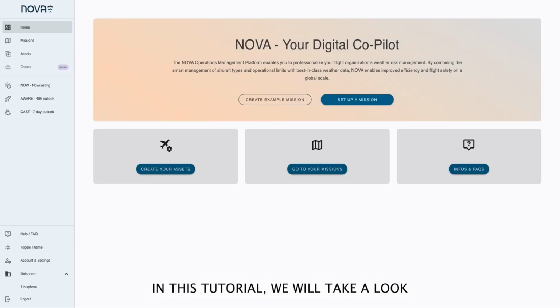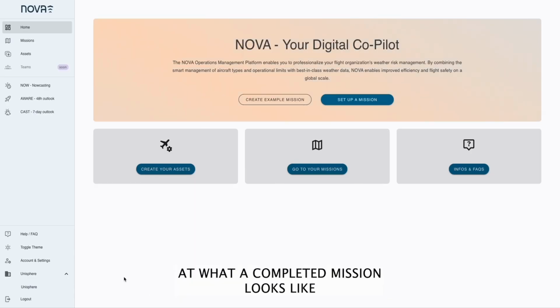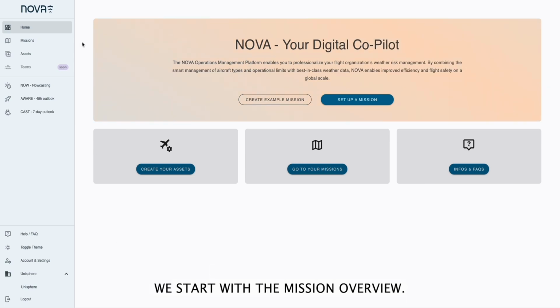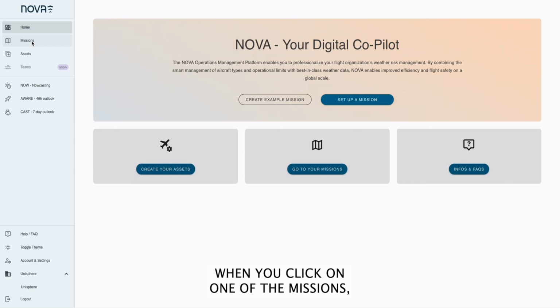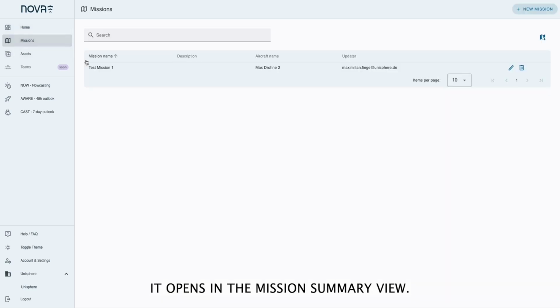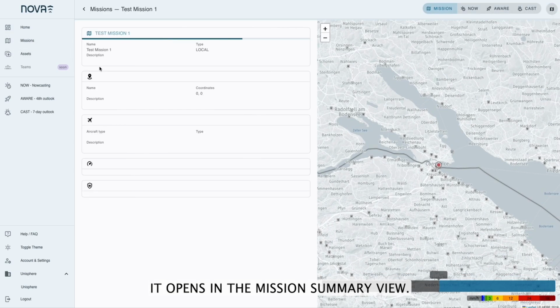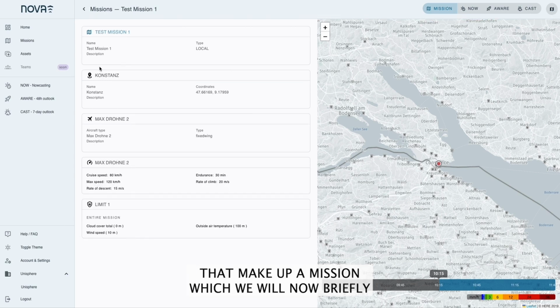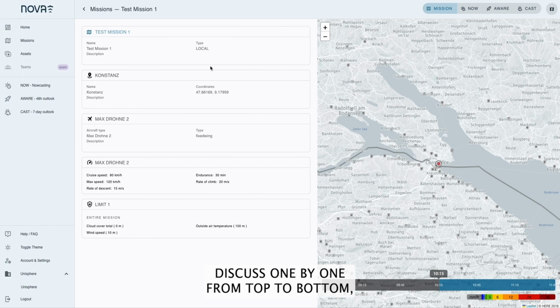In this tutorial, we will take a look at what a completed mission looks like and what elements make up a mission. We start with the mission overview. When you click on one of the missions, it opens in the mission summary view. This summary describes the mission, elements that make up a mission, which we will now briefly discuss one by one